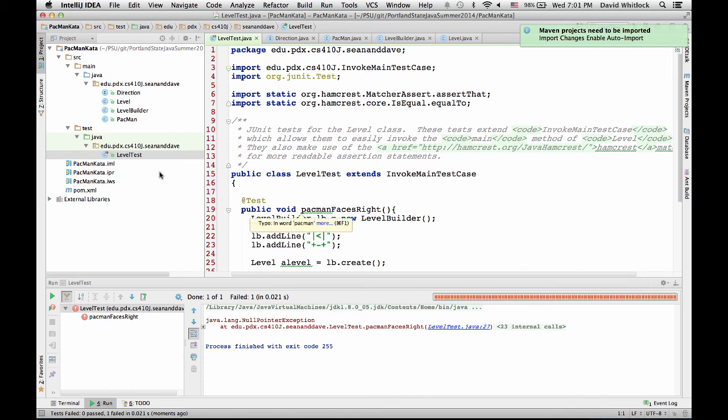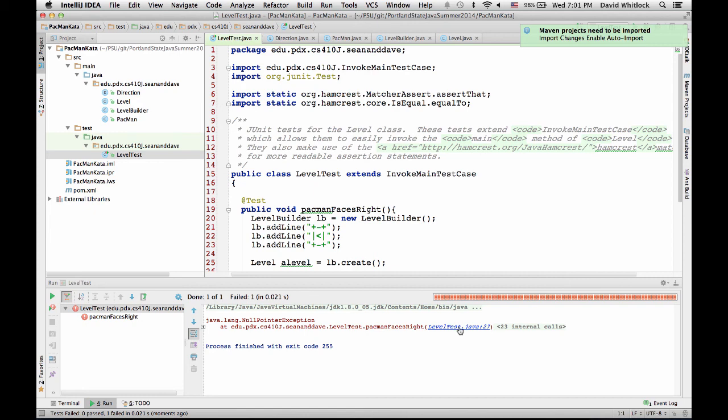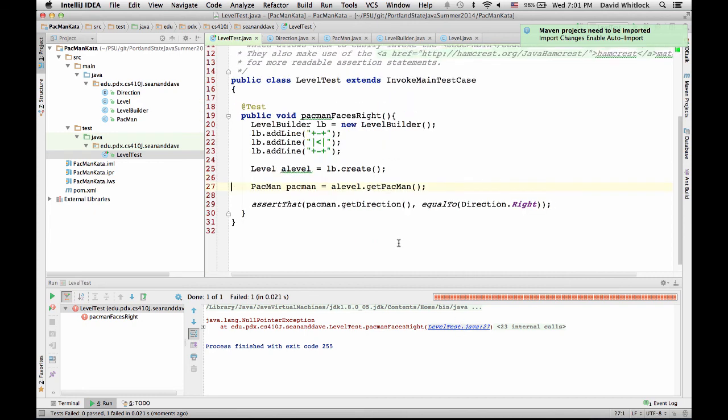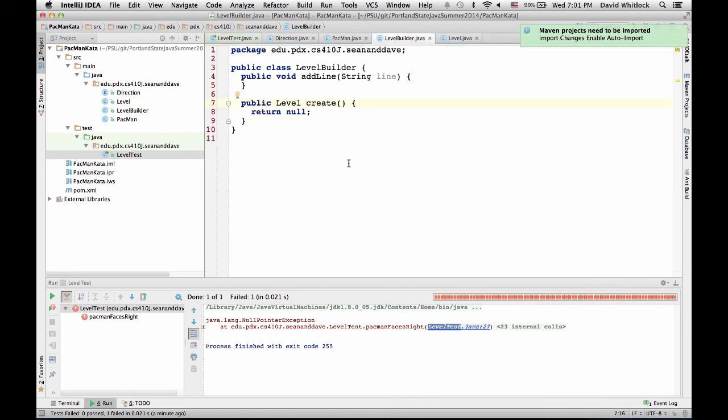Okay. How about you pass it over to me now? All right, and we'll start implementing this. We'll see how far we can get in 15 minutes, then break it out. So the first thing we need to do is fix the create, right? Line 27, that's where it gets the null pointer exception, because level is null and then we call Pac-Man.get direction. So here we are in create.